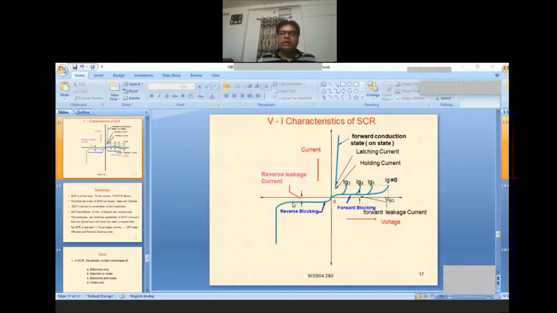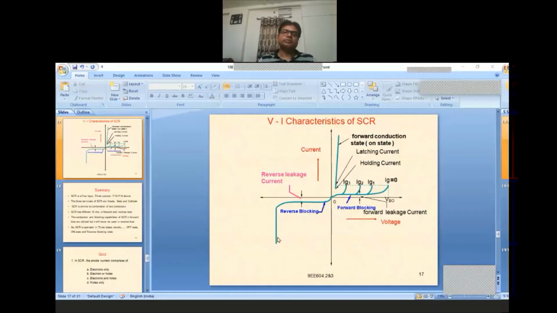So if you again go on increasing the voltage at sufficiently high voltage, both junctions J1 and J3 will be broken down. Again, reverse avalanche occurs and a very high rate of change of current, or steep current, flows through the SCR. Avalanche of electron flow will be there and very high current flows. Even when you compare the forward conduction current and reverse conduction current, you can see that this is almost a 90-degree steep, whereas this is a tapering steep in the conduction mode of the forward.